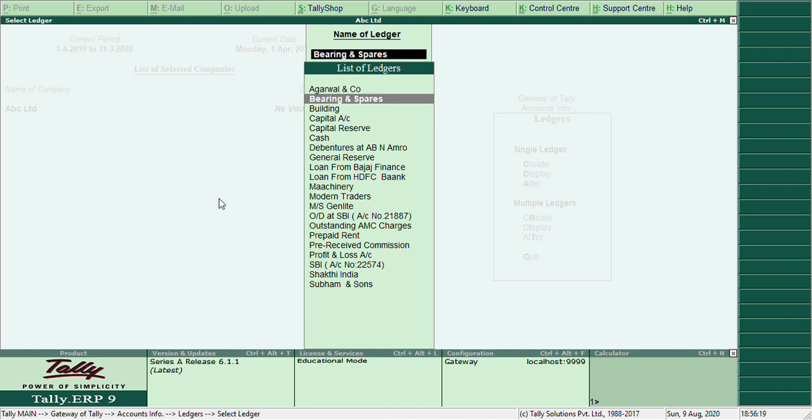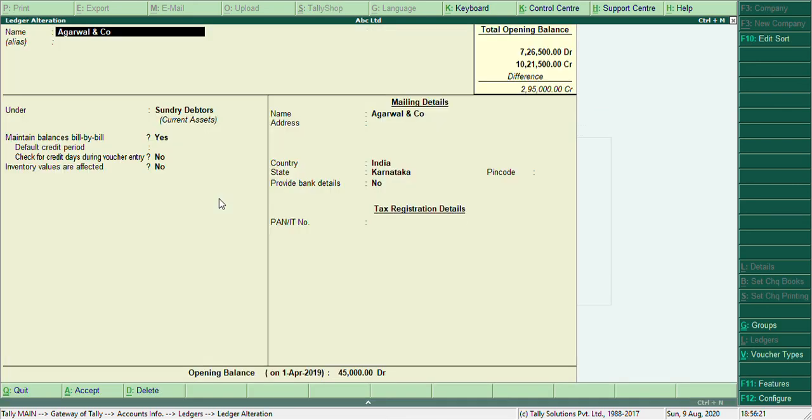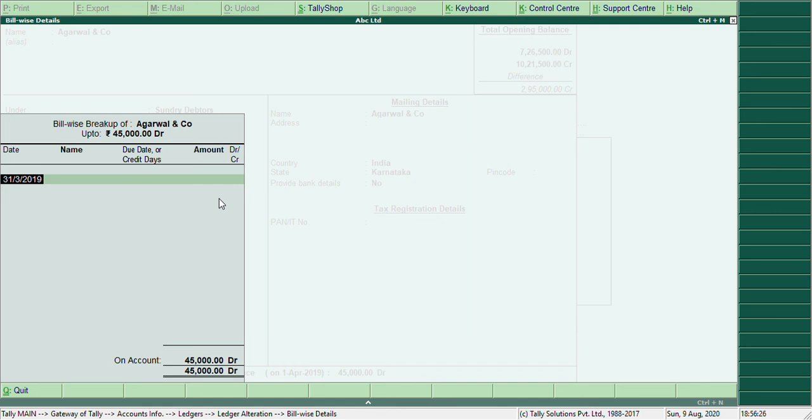Next party will be Agarwal and Co. Second 10, bill name sale slash AGC slash 170, 30 days credit, 25,000.